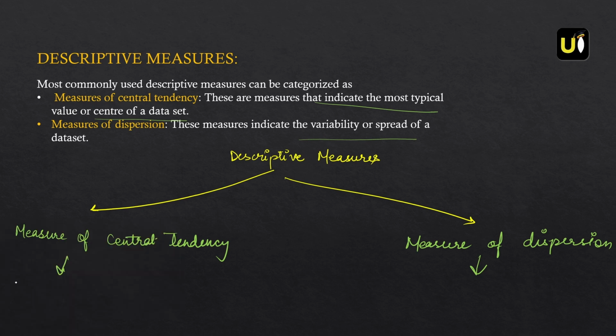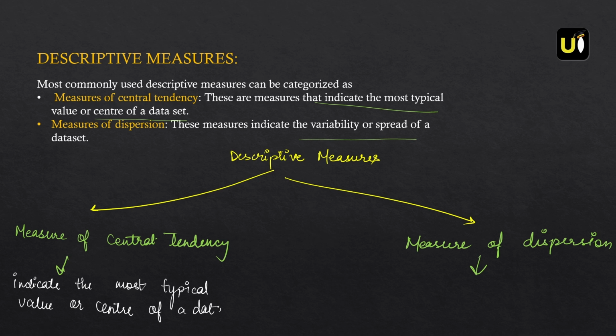So the main point of central tendency is to indicate the most typical value or center of a data set, and dispersion indicates the variability or spread of a data set. All right,